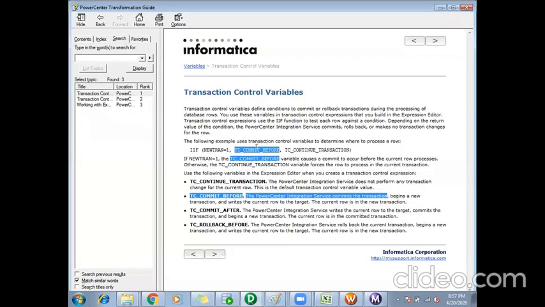Then it will begin a new transaction and write the current row to the target. Here they say the current row will be in your new transaction.